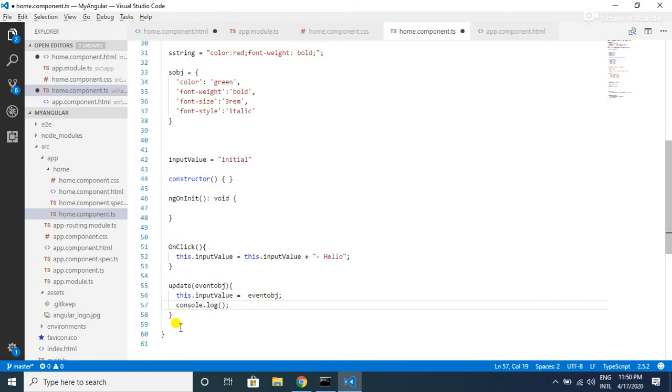So using this format you can do some extra operations as well. Instead of just updating the value of input value variable, you can also do anything extra.